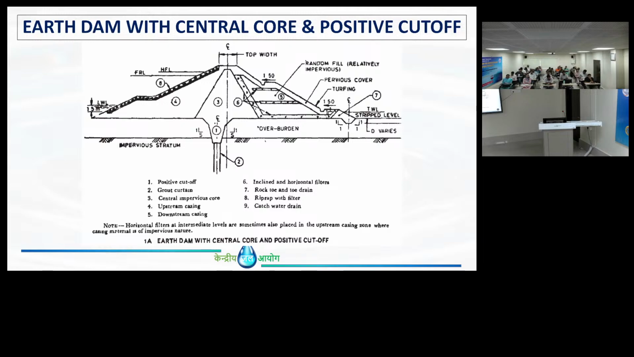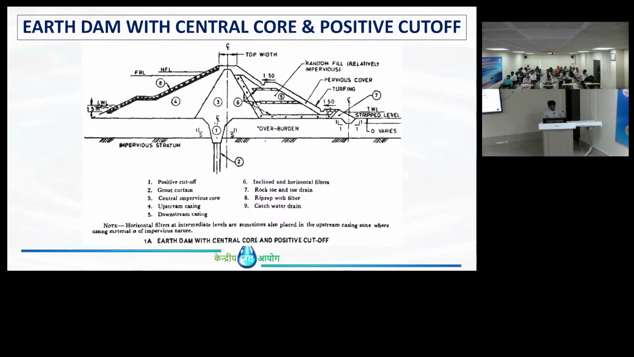this is called a positive cutoff. If the rock is at a deeper level, like I told, excavation to the complete depth is not possible, right? Even for a cutoff there is a limitation, maximum 10 meters only you can excavate. The remaining you have to do by grouting. So this is called a partial cutoff. These are the basic two